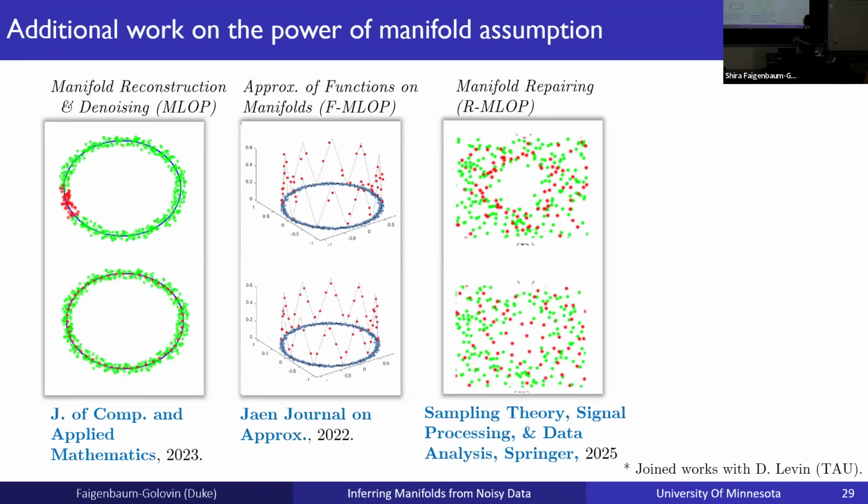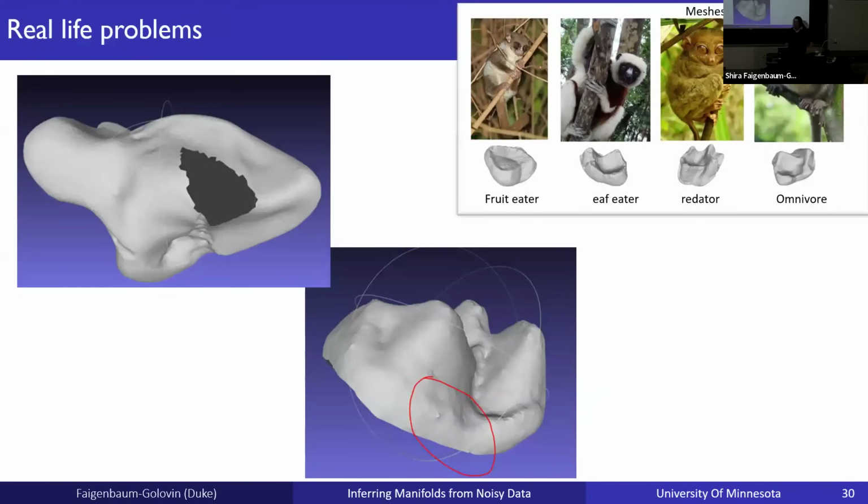So we propose another term that is basically responsible for propagating some data points from the boundary of such holes into the hole itself and reconstructing the information inside the hole. And we have a bunch more things that we are still aiming to do, but that was the first thing that we did. And that was basically the work that I did with David, and then I came to